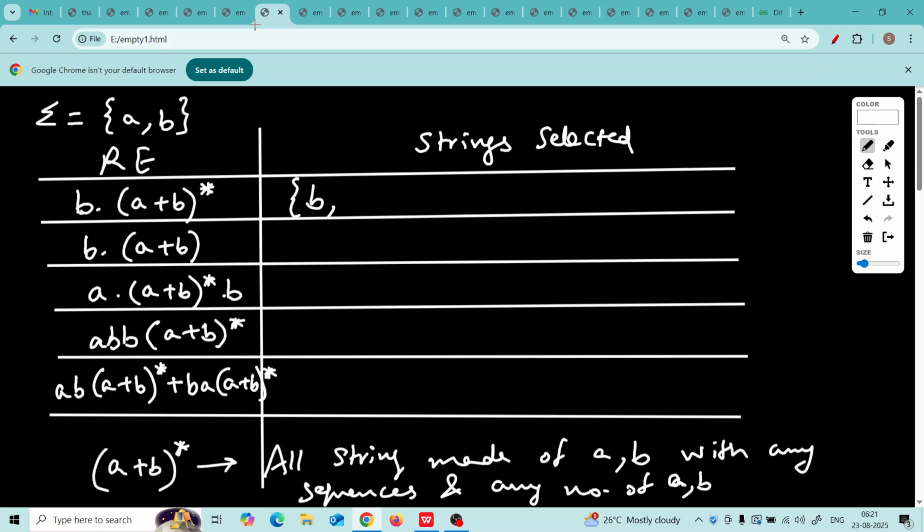This is B followed by any string made up of AB, so it can be the empty string also. Then next BA will be there, because A will be there in A plus B star, correct? Then BB will be there, all the strings which begin with B followed by anything made up of AB.